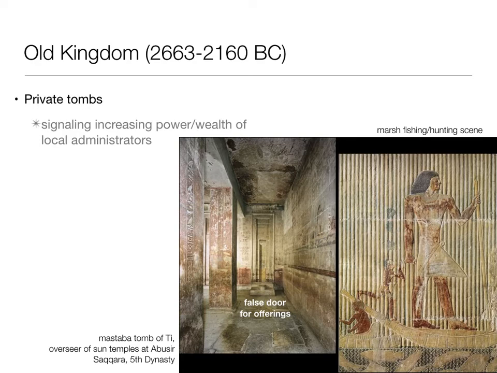This is an example of a mastaba tomb by a local overseer near a city called Abusir in Saqqara, a guy named Ti, and he has a very large mastaba tomb you can see here in the middle, and these will have large false doors that the soul can go in and out of, and this is where offerings would be made, food offerings and so forth, to the soul of the deceased, and you can see him represented with exotic animals, monkeys, things that would have been gotten on trade, exotic long-distance trade missions.